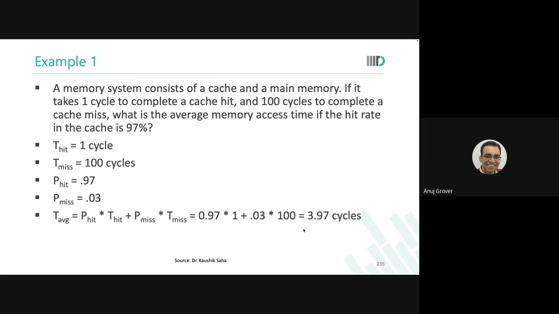That is why I said if you play around with the T hit and the T miss, it may change. What happens is that as you grow to the next level of hierarchy, the probability of hit would actually increase only because the next level of hierarchy is larger. So you'll usually see an improvement. How much improvement is what is dicey. अभी हमने देखा कि ऑलमोस्ट 1/3 हो गया, 1/3 से भी कम हो गया, 4 से 1.23 हो गया.